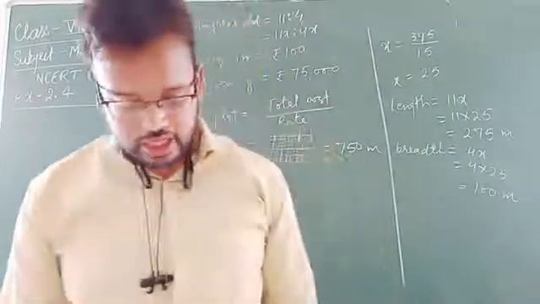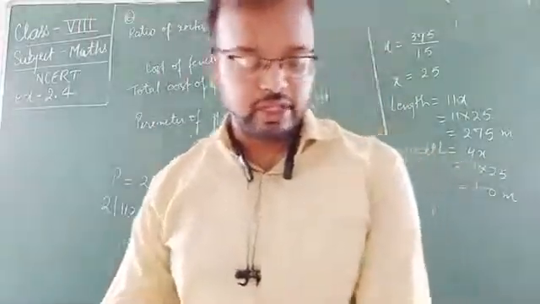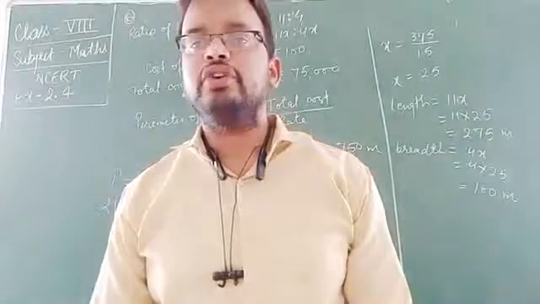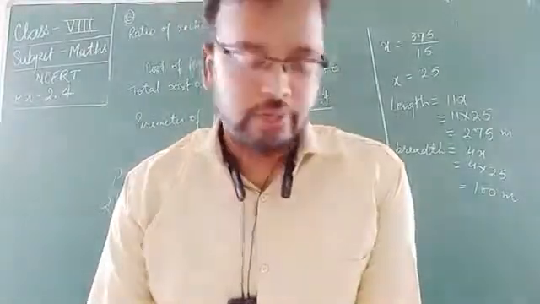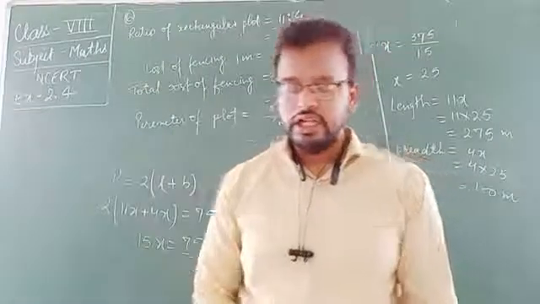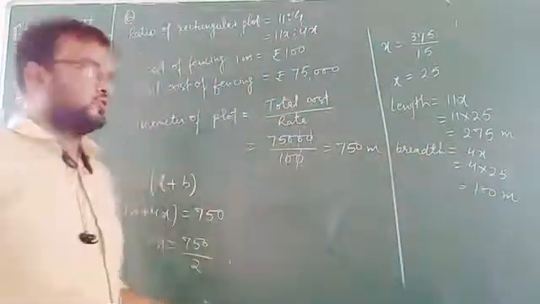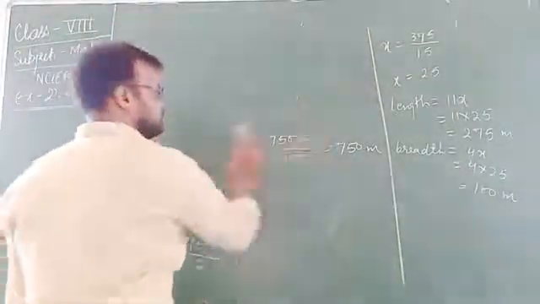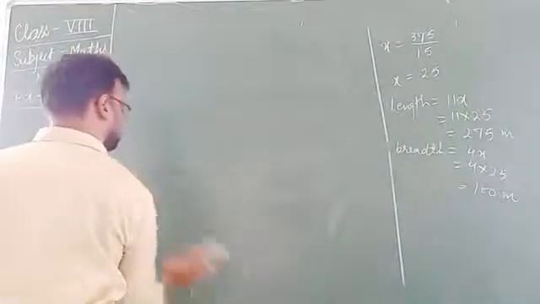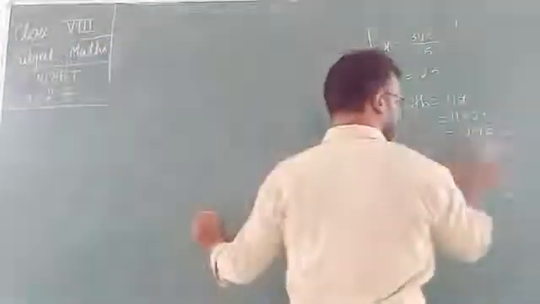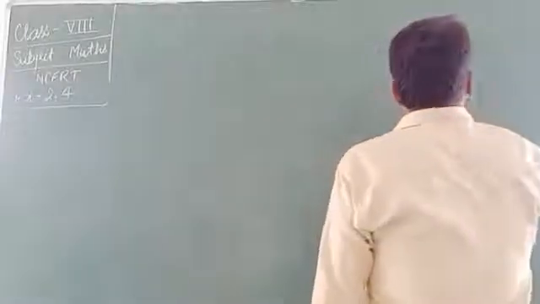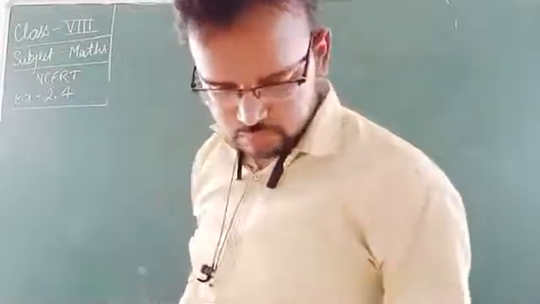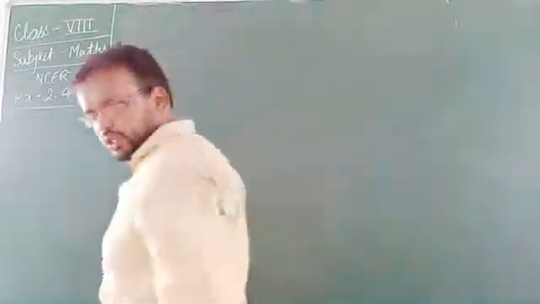Okay. The first statement we take from here: for every 3 meter of the shirt material, he buys 2 meter of the trouser material. It means if we take 3 meter of the shirt, we have to take 2 meter of the trouser. So first of all, let the ratio of shirt and trouser material.